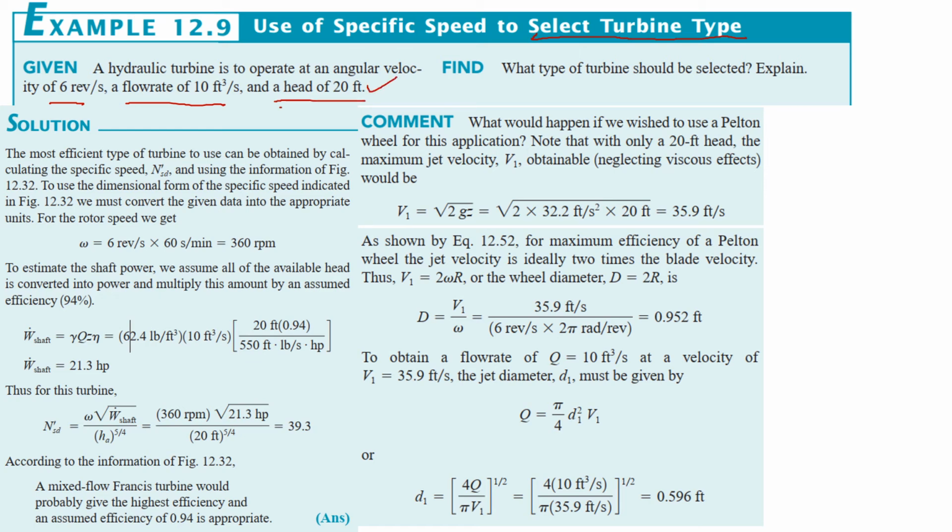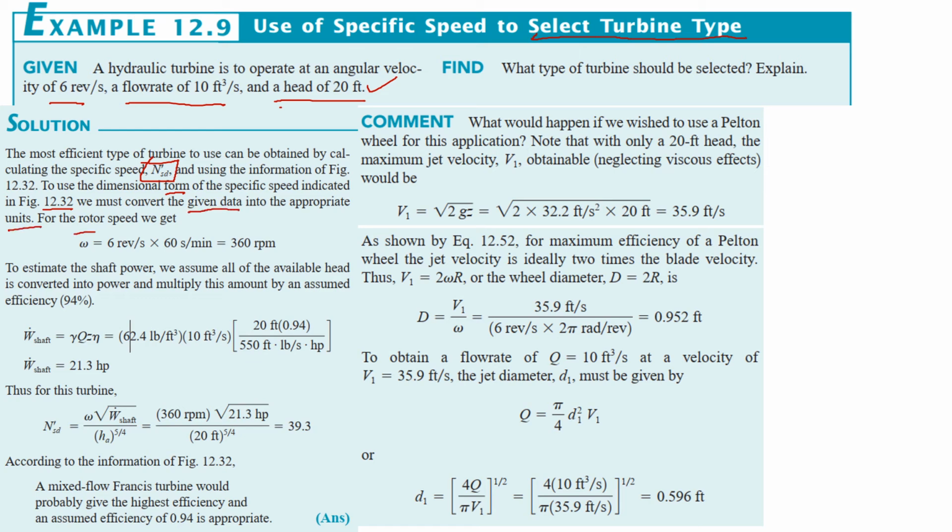Note that the head required is 20 feet. So now what we are going to do, we are going to calculate the specific speed, because this is the parameter that we use for selecting a turbine. And using the information in figure 12.32